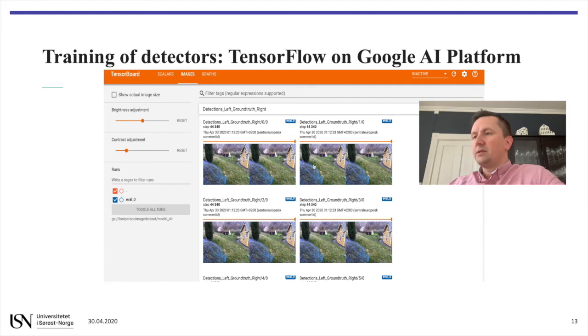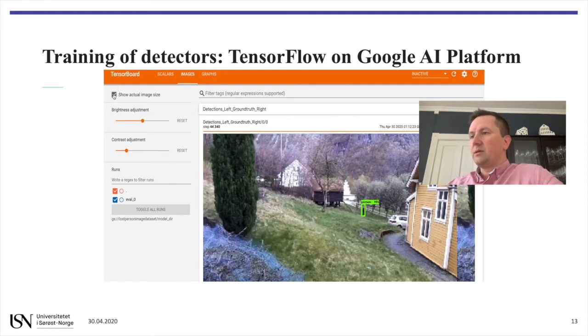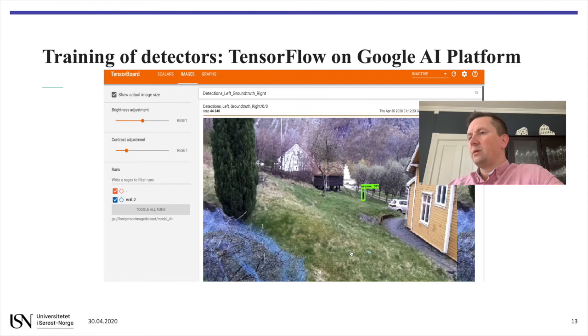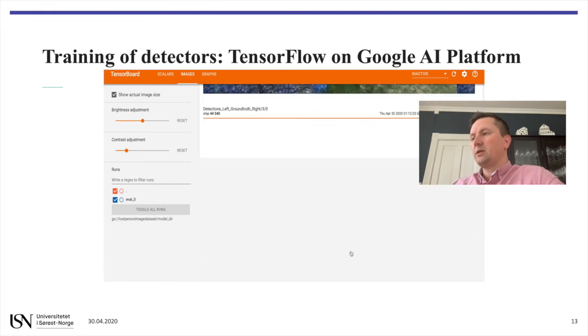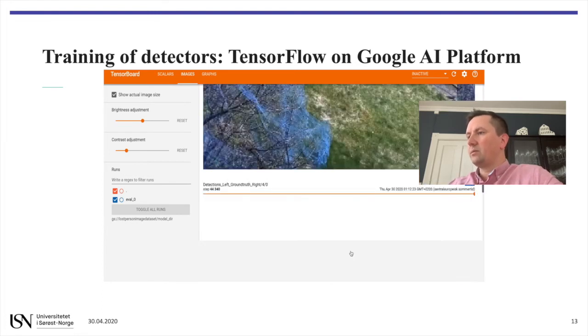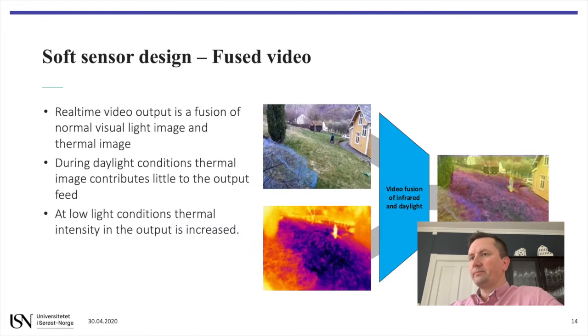But as you can see, the predictions that this model does is quite good. We get quite high classification accuracy, and the detector boxes are quite good. For the soft sensor design, we tried creating fused video for the Raspberry Pi. What we do here is that we fuse the images coming from the visual light sensor and the thermal imaging